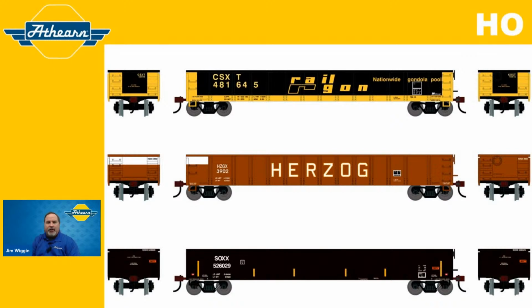481645. Now these cars in HO scale and N scale, we'll talk about the N scale ones in a moment, so N scale guys, hold on. These are going to be sold as singles as well as a 3-pack. There are 2 singles and there's a 3-pack. Now, there is no repeating road numbers, so you can get all 5 cars and not have to worry about